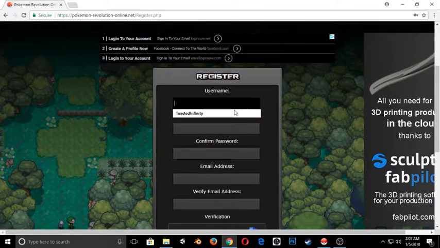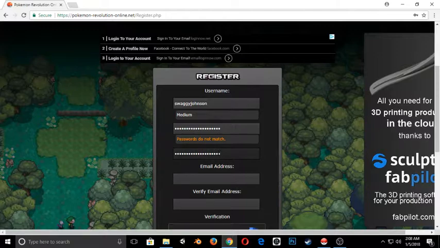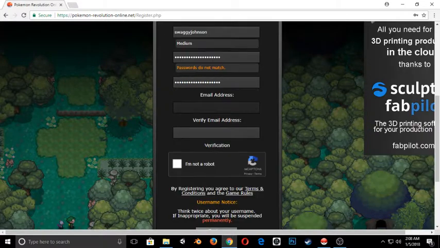So you're going to put in a username. Let's call it Swaggy Johnson. You guys can use that name or whatever. Then you put in some password, whatever. This isn't a real password, I'm just typing in stuff. And then you do your email at email.org, whatever your email is. If you're using a Gmail, a Yahoo, whatever, you put in your email address twice to verify